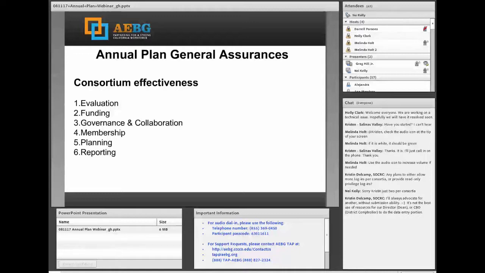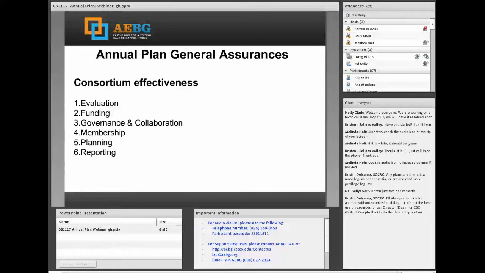So right now, the only way we have recourse to reduce funding of a member, or a consortia has the ability to reduce funding of a member, is either the member chooses not to participate or can't do what was developed by the consortia in the 3-year plan or the annual plan. And then the last part is they're ineffective and reasonable intervention has not been helpful.